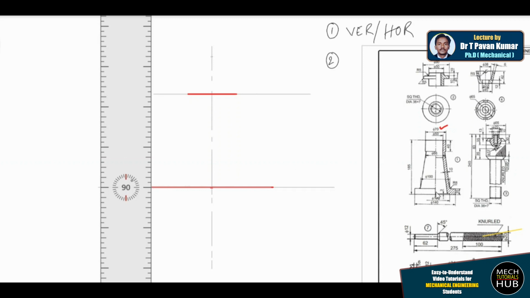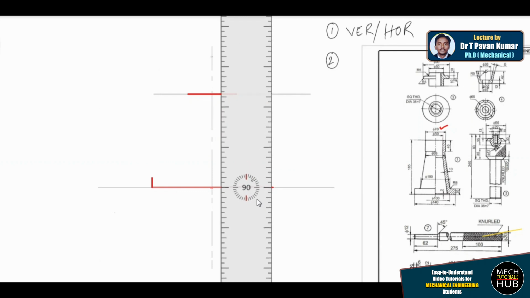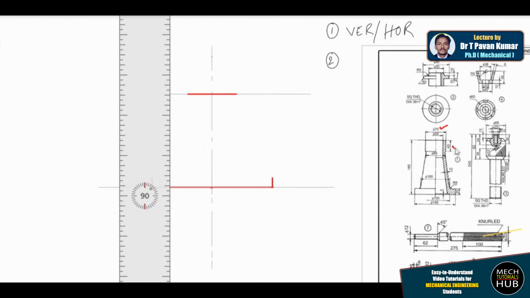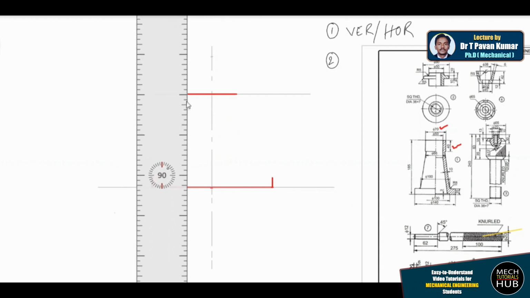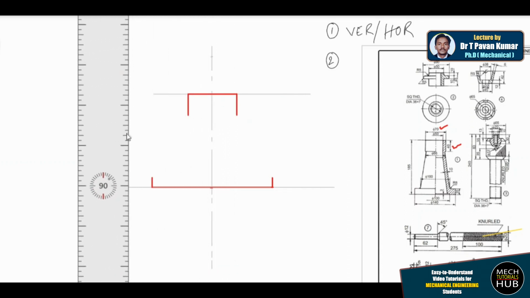Now here let me maintain a thickness of 20. I'll consider this as 20 mm. Same 20 I'll try to maintain this side. I hope you people are listening. If you find any difficulty, let me know. Till here it is fine. On the top here it is maintaining a height of 40 mm. So let me mark that 40. Similarly here also I'll try to draw that 40. I got the top also.